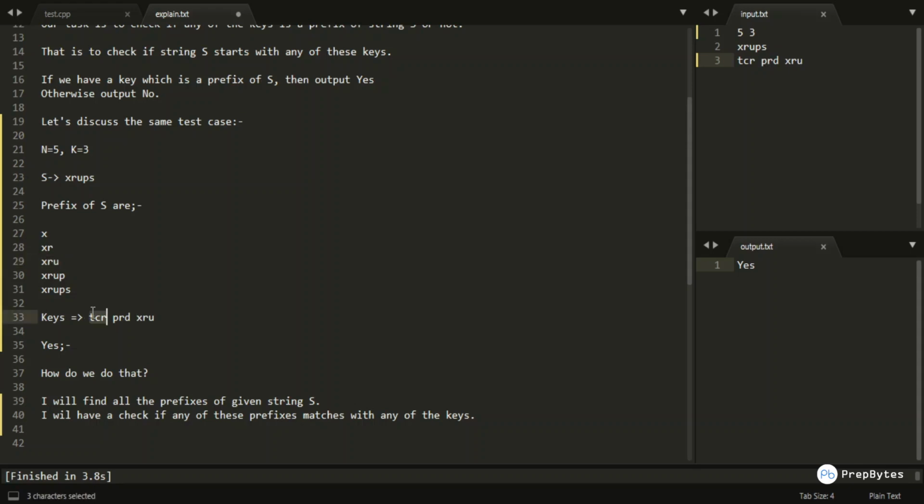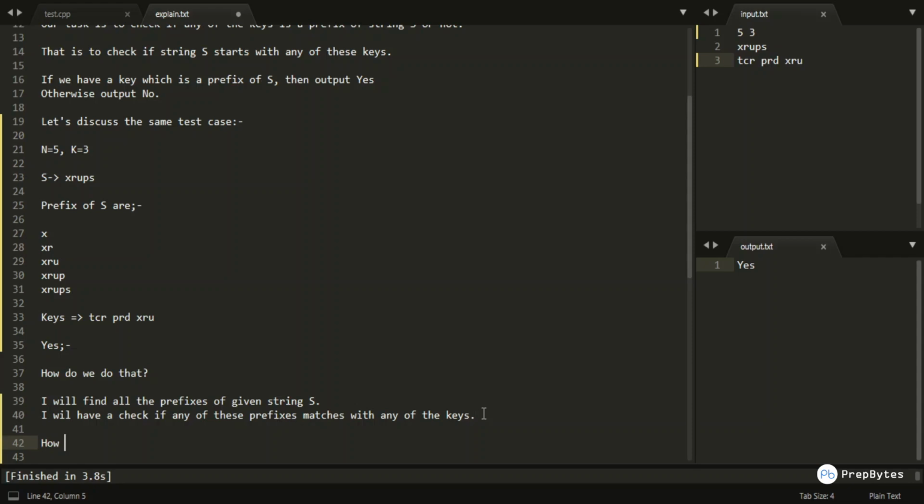Xru equals tcr, no. Xru equals prd, no. But yes, xru equals xru. So we have found that one of the prefixes is equal to one of the given keys, so we will break the loop over here and output yes.